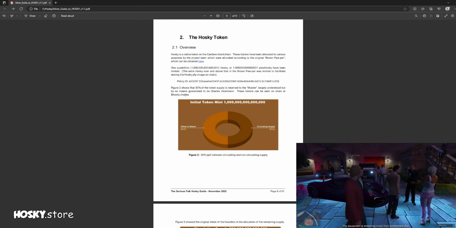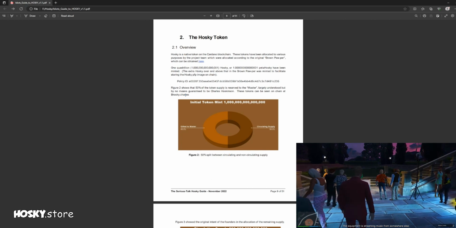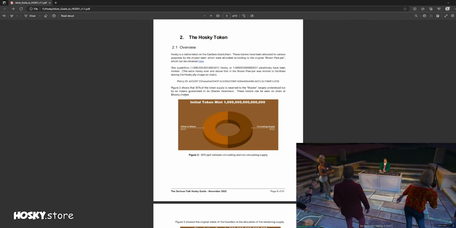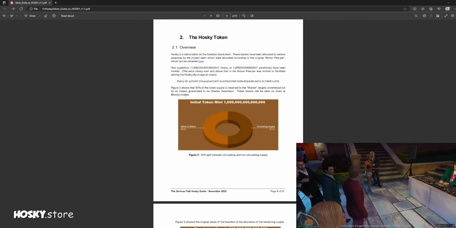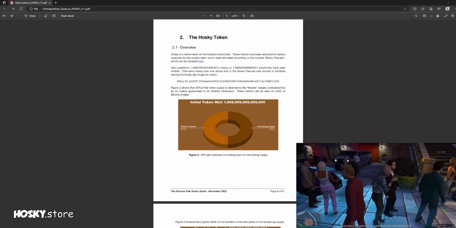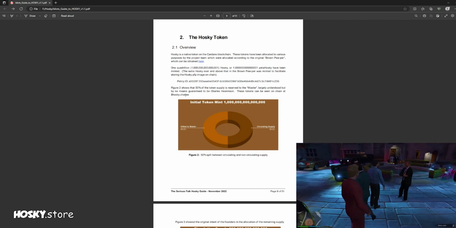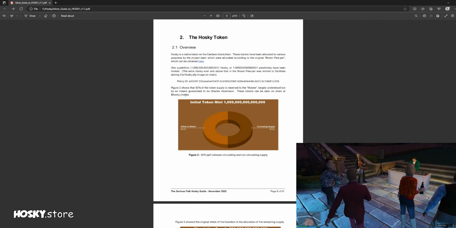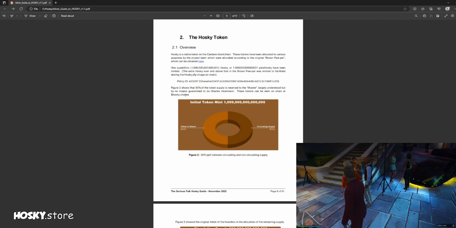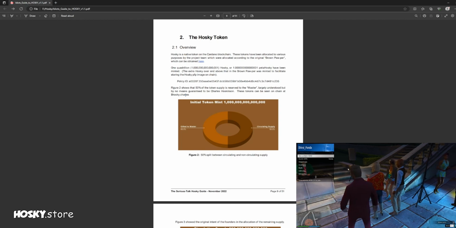So this $hosky.charles is referring to the ADA Handles feature. It's a feature that was launched, I believe, last year, which allows you to customize your Cardano addresses, which, by the way, I have a video on my channel explaining how to do that. If that's something you're interested in, I think it's pretty cool, something to check out. So yeah,